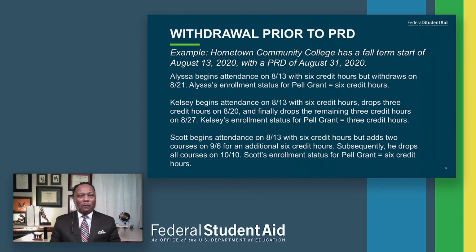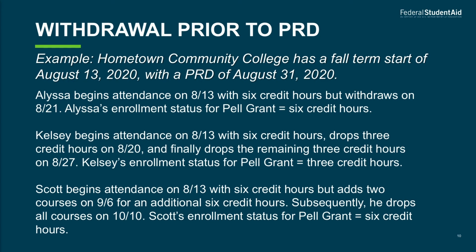Now that we have given you an overview of withdrawals and PRD, let's look at a few examples to demonstrate this concept. Again, we have Hometown Community College with a fall term start of August the 13th and a PRD of August the 31st. Our first student, Alyssa, began attending with 6 credit hours but withdrew on August the 21st, prior to our PRD of August 31st. As such, we must take the enrollment status of 6 credit hours at the time of withdrawal